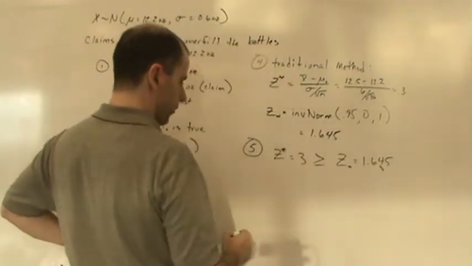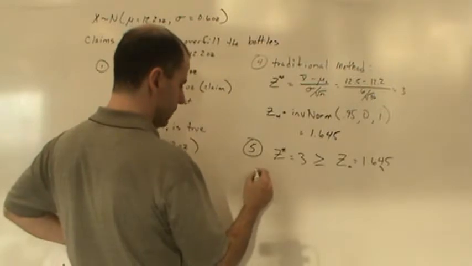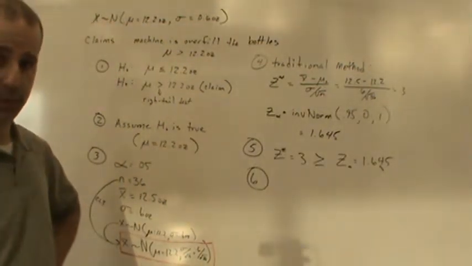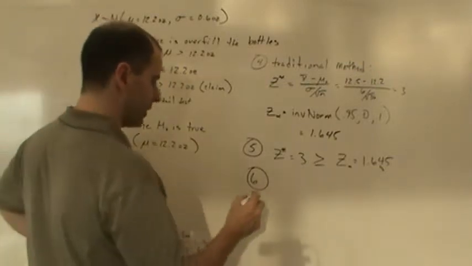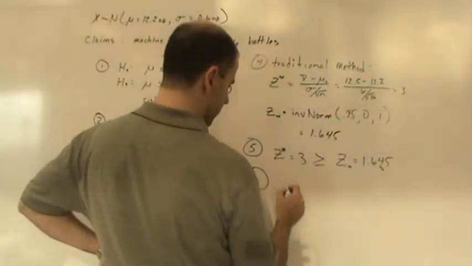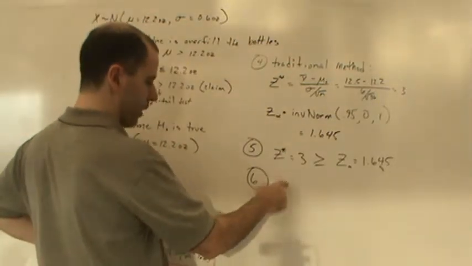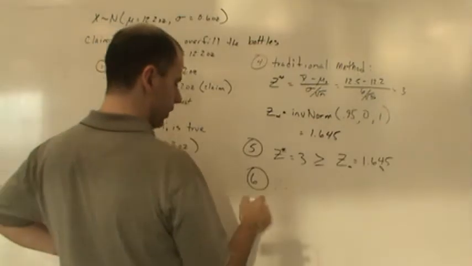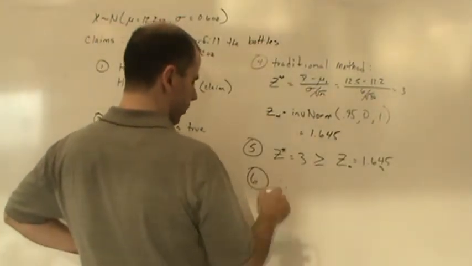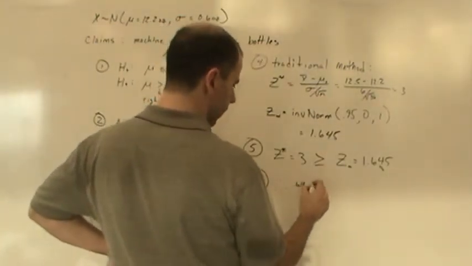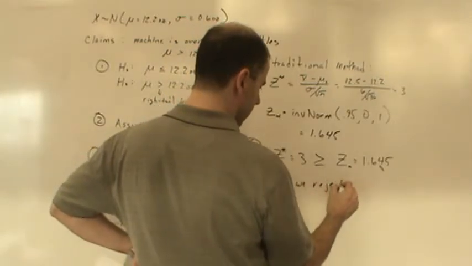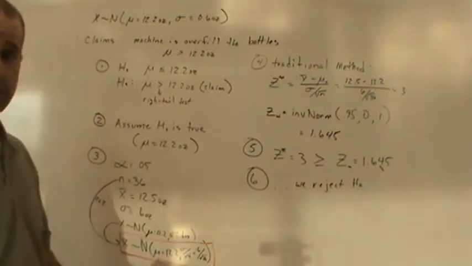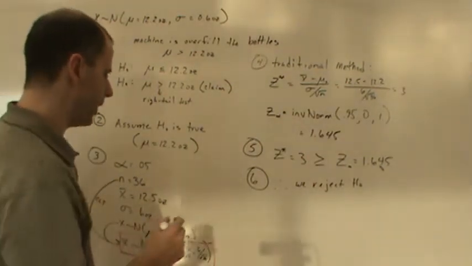Okay? So therefore, step 6, now, it falls within the rejection region. So that means I'm going to reject the null hypothesis. So again, my triangle of dots is therefore, so the conclusion, or the result. So therefore, we reject the null hypothesis. Okay? So that's the first 6 steps. The final step